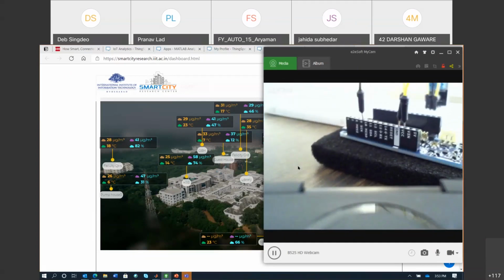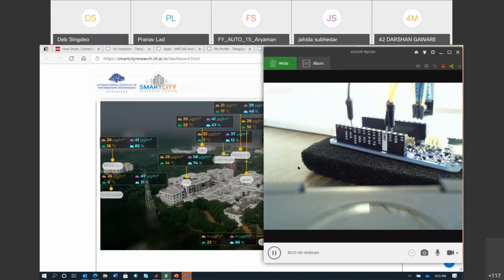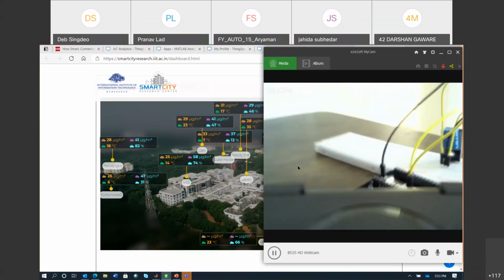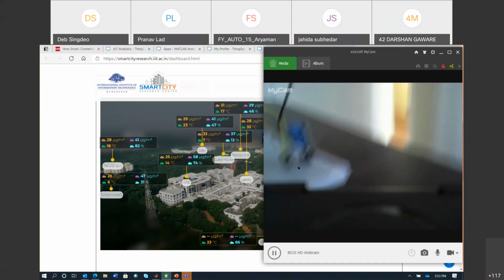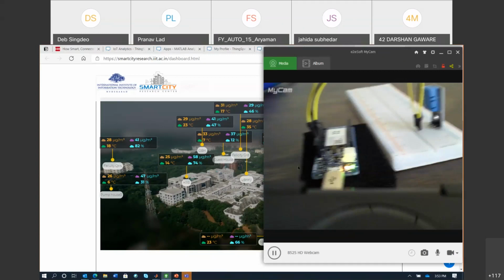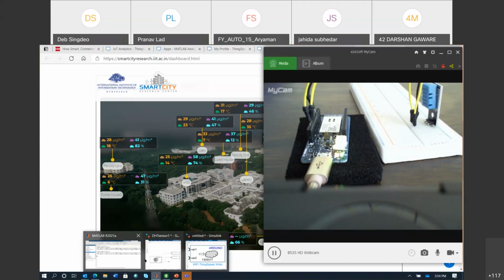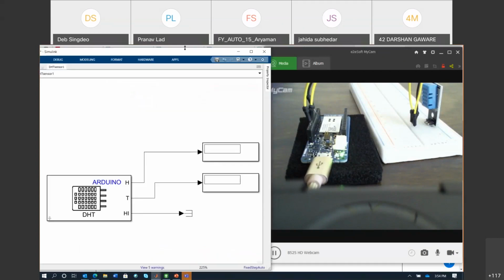A couple of wires: one is connected to VCC and ground to get power, and the third is connected to pin number 9. So it seems all of us actually like the number 9 here, and that's why we are going for that particular pin. Once the hardware is connected, I have to have a similar sort of model running on my Simulink. So I will just open up Simulink for you, and I have just made the model ready.